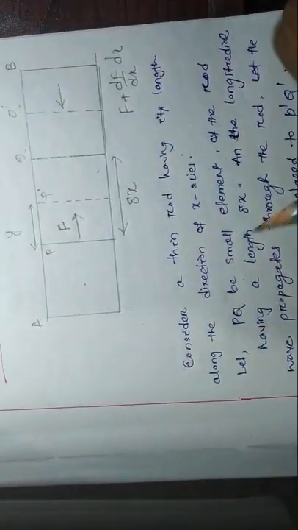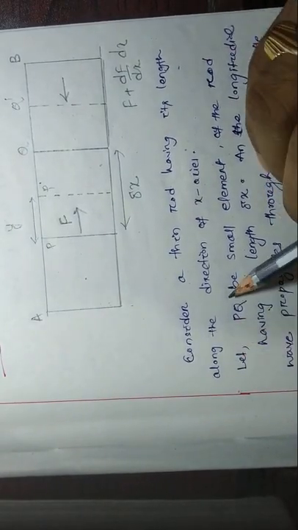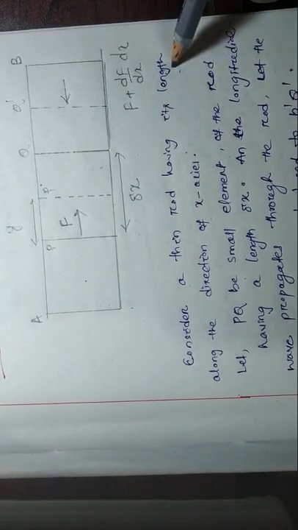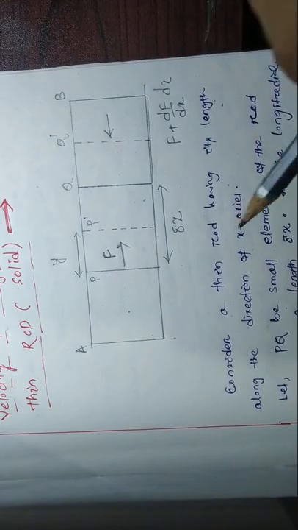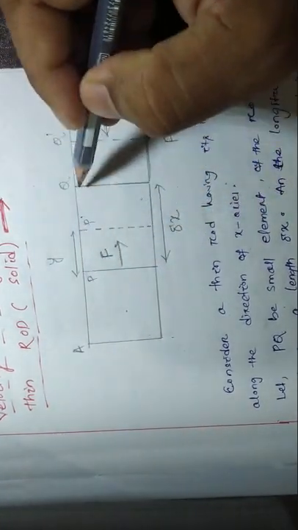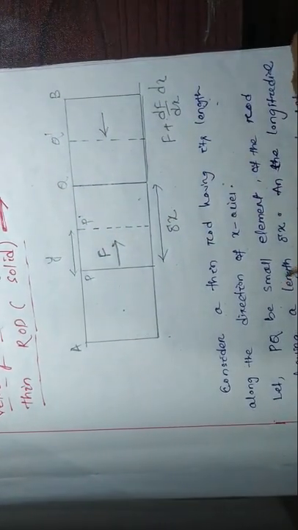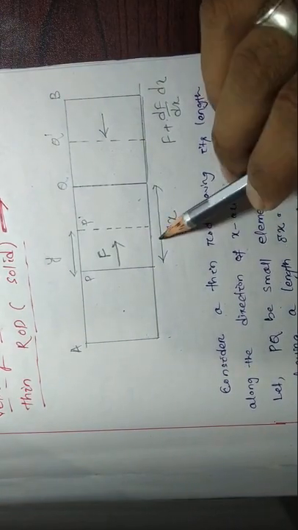So what is written here? Consider a thin rod having its length along the direction of the x-axis. That is, suppose this is a rod which is elongated along the x-axis direction. Let PQ, this portion, be called PQ. So PQ is a small element of the rod having a length of del x,